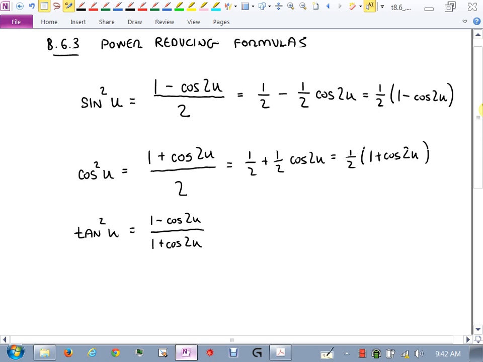All right, so those are your 3 power-reducing formulas. So let me show you one of the ways it's used. This will happen in Cal 2, but I mean, it's in the book. I'm not pulling this like he's giving us Cal 2 problems. This is a problem they put in the book intentionally because they know you're going to see it in calculus later. So as an example of this,